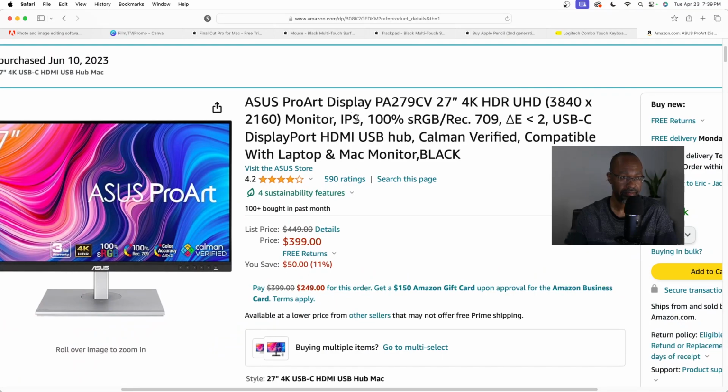IPS, that just means that your monitor is not going to have that ghosting effect. Because if your monitors are not IPS, and you're not sitting directly in front of the monitor, you're sitting off to the side, it's going to have a ghosting effect where the screen starts fading. You don't want that. So yeah, I did a lot of research for several weeks on looking at what could